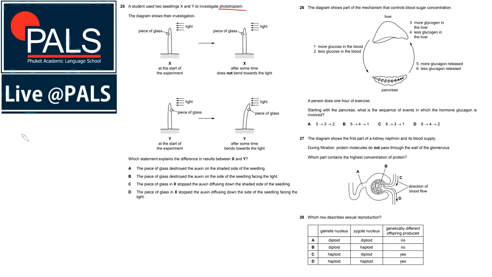This involves the plant hormone auxin. Now in a shoot, if auxin is high,